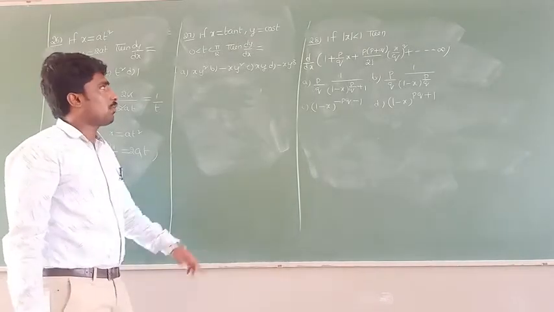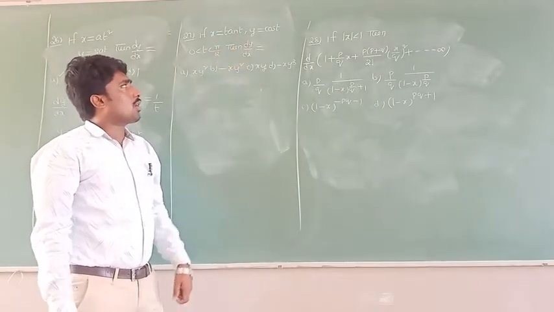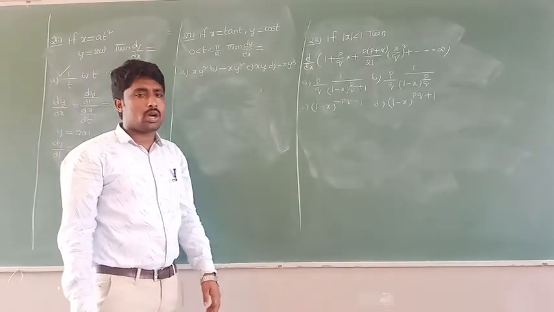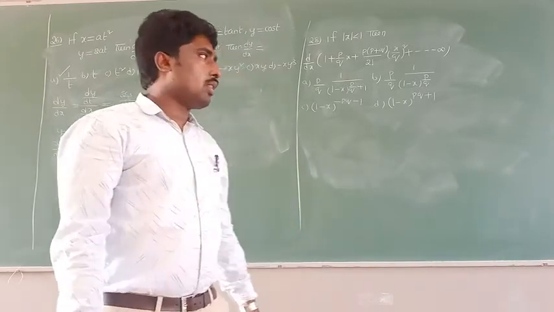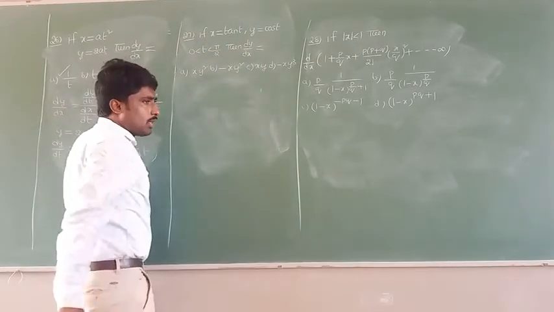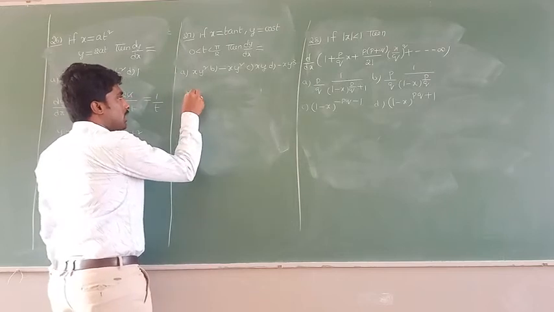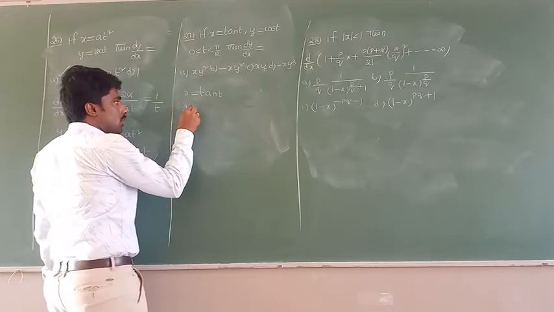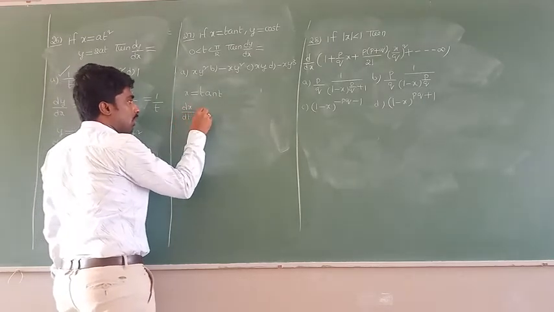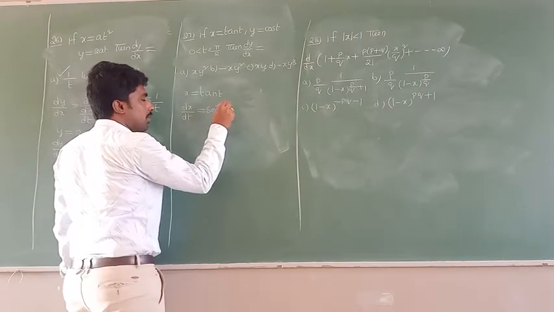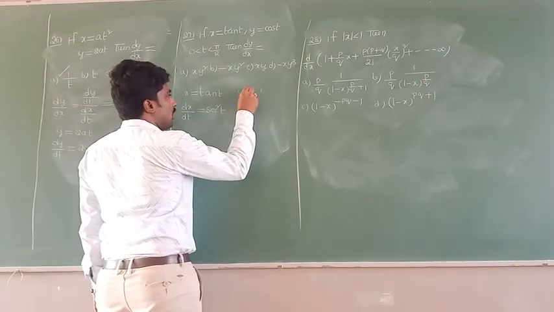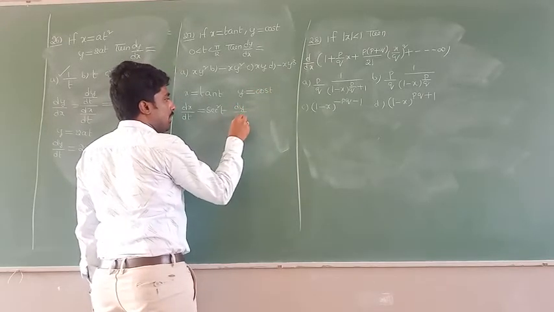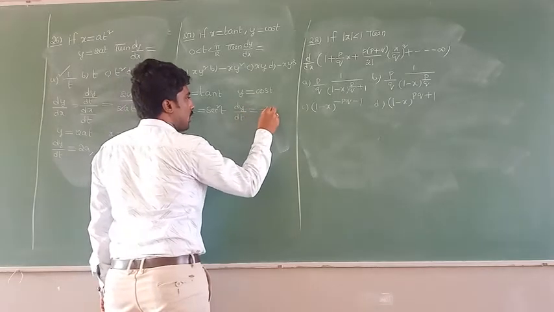All of you listen very carefully. x equals f of t, y equals g of t. They gave the condition that the angle lies between 0 to pi by 2, which means what? It lies in the first quadrant. Then what are they asking here? dy by dx. Before that, I will find dx by dt and dy by dt. All of you see here. If I differentiate with respect to t, the differentiation of tan t is what? Secant square t. Next, they gave y equals cos t. So dy by dt equals the differentiation of cos t, what will we get?